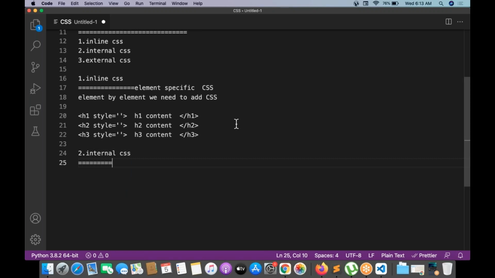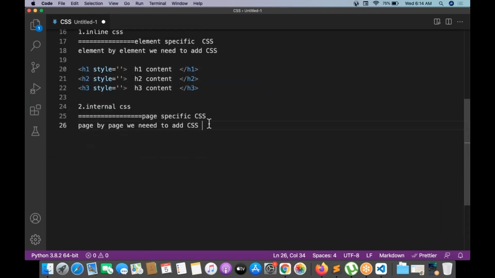Next, what about the second kind of CSS called internal CSS? Internal CSS is basically page specific CSS. Page by page we need to add CSS.